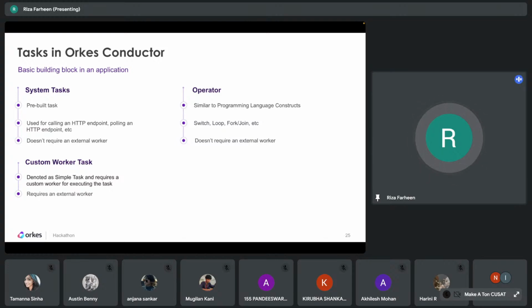It is a basic building block in an application, and the task is further divided into three types: system task, operators, and the worker task. The system task means, suppose you want to call an HTTP endpoint. In such cases, there is a built-in HTTP task. All you need to do is add the HTTP task and provide the required input parameters. The workflow will run accordingly and produce the output. So it is like a built-in task. This is just one example. There are a lot of system tasks which can be utilized for various use cases,